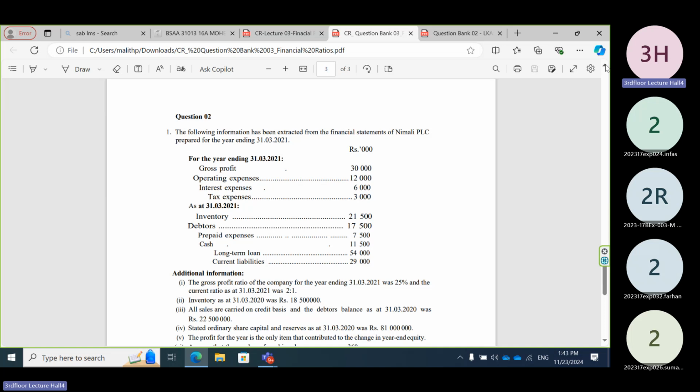We can use cash plus debtor. You don't need to calculate the current asset. If you calculate the current asset, it will include cash, debtor, inventory, prepaid expenses. So after adding those things, you want to exclude inventory and prepaid expenses. It means that you are adding in debtor and cash. Debtor plus cash divided by